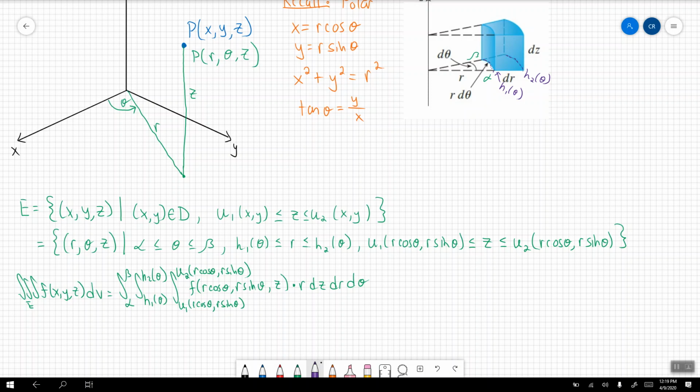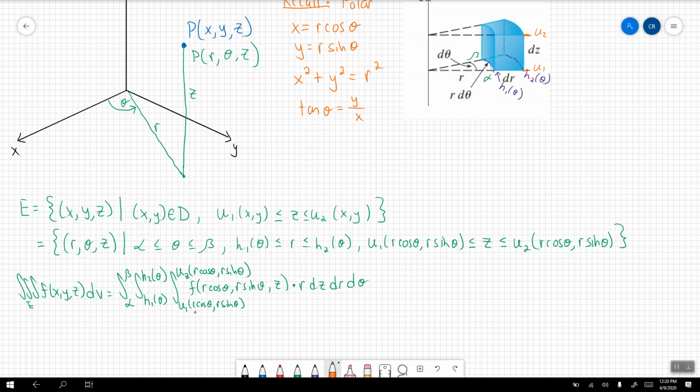Those heights, u1 and u2, can then just be thought of as surfaces bounding from below and bounding from above. This up here could be our u2 value, and this down here could be our u1 value. And in that sense, as long as we account for the thetas, for the radius, and for the heights that are changing, we will be able to convert any triple integral in rectangular coordinate system into a triple integral using